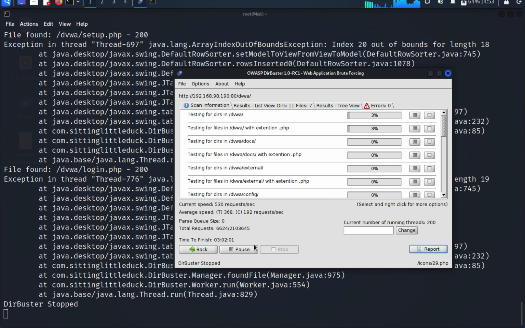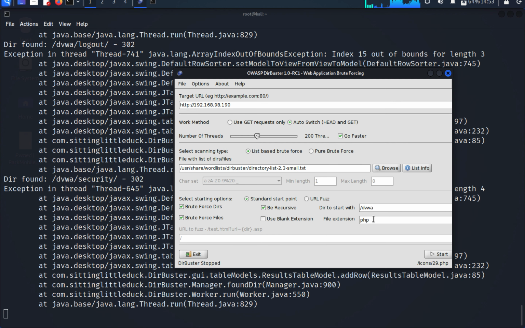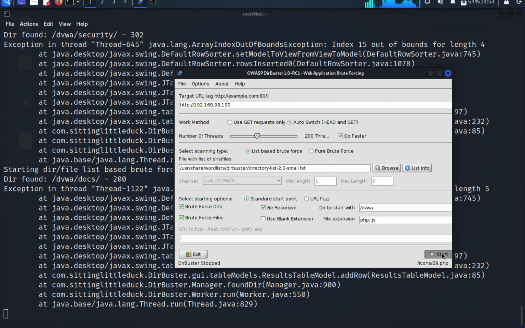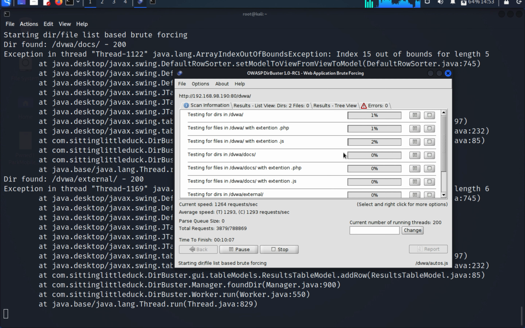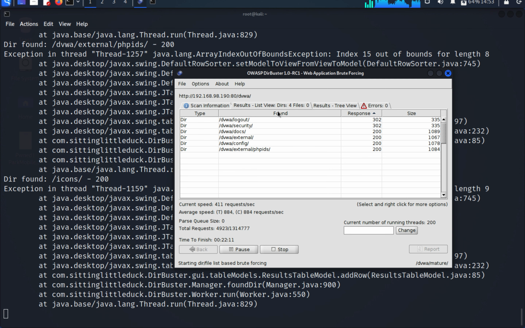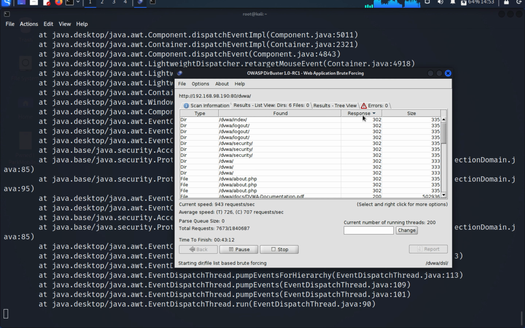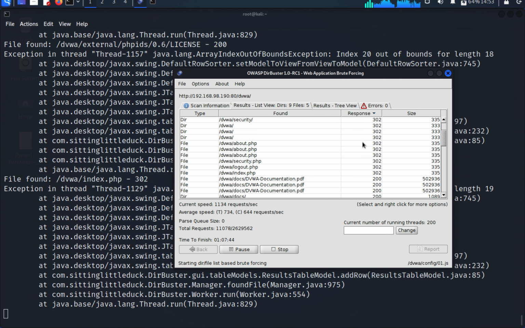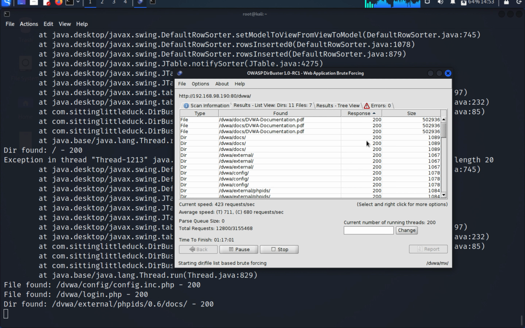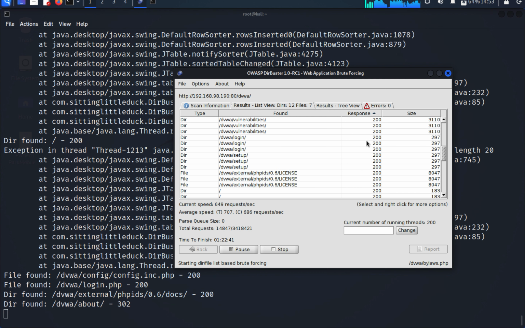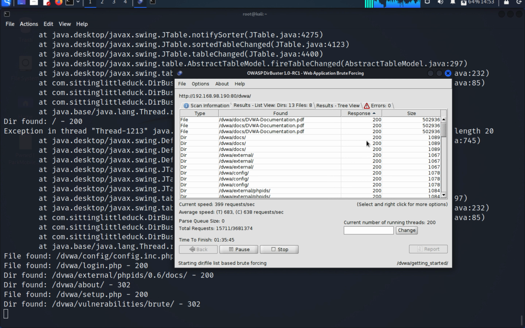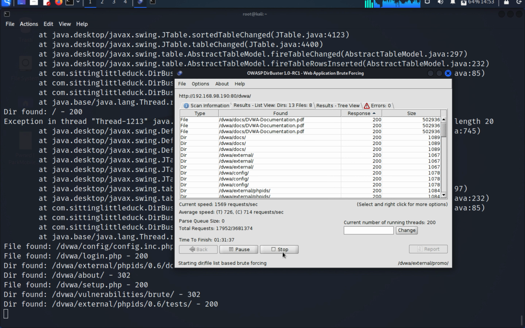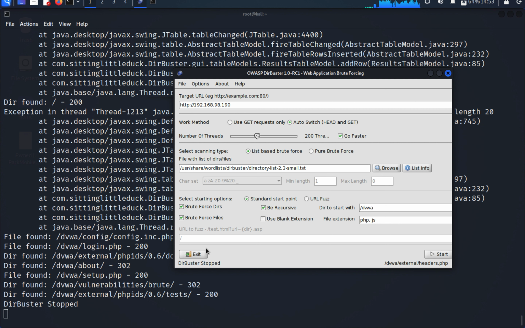Same way you can give it more file extensions like php comma JS and click on start. So it will give you the whole information present inside the same thing. It says two directories have been found, five directories have been found, which contain all of this information based upon the response code of 200 series. And check out, we are getting the whole response code of 200 series, and I can check out all of the information present over here. So that's how you can use your Dirbuster for performing information gathering or